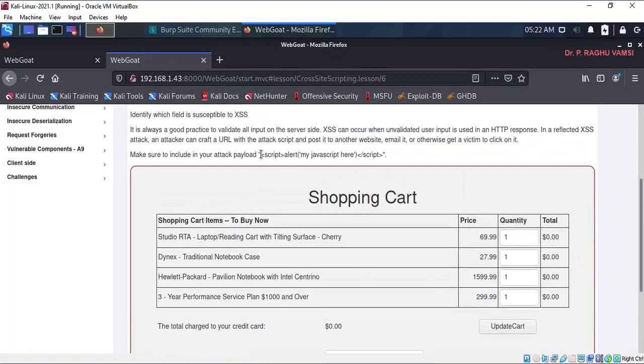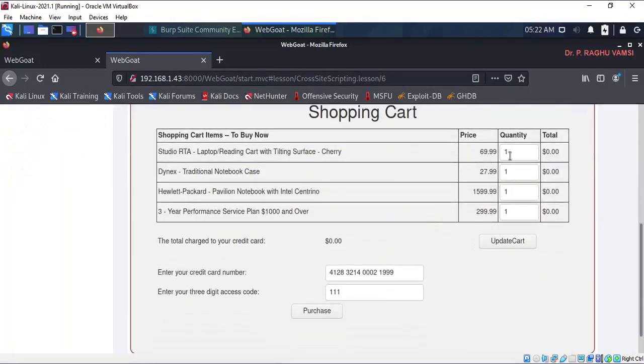And here they have given, let's try to use this payload script here. So that means we won't get any information about this quantity. And let us go for one and purchase. It is not giving any information.